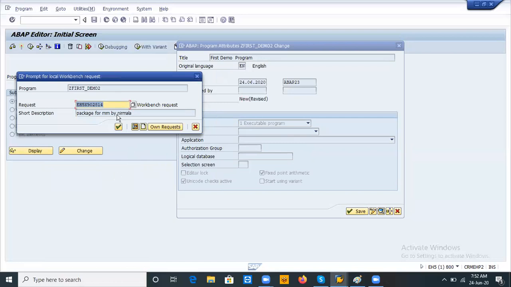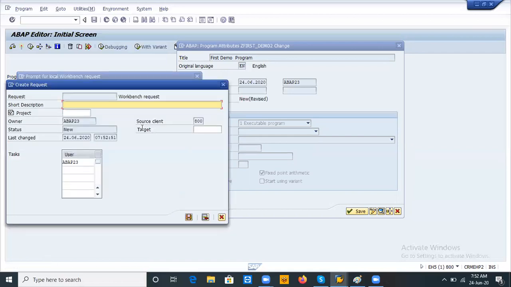But this is showing another person's ID, and I want to generate my own. Here, for report programs, all report programs I can generate here.